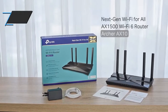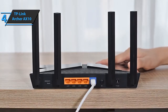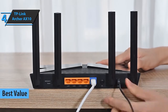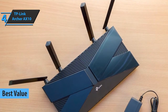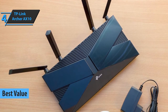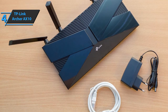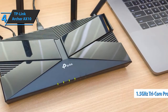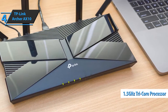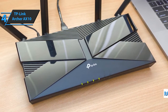Up next, we present you the TP-Link Archer AX10, which, thanks to the excellent price-quality ratio, deservedly won the title of Best Value Budget Wi-Fi Router in 2022. When you open the box, the package includes a power transformer and RJ45 cable as accessories. On the front, we find 6 LEDs that indicate the status of the connection. And on the inside, we find a tri-core Broadcom BCM6750 processor at 1.5 GHz, which is accompanied by 256 megabytes